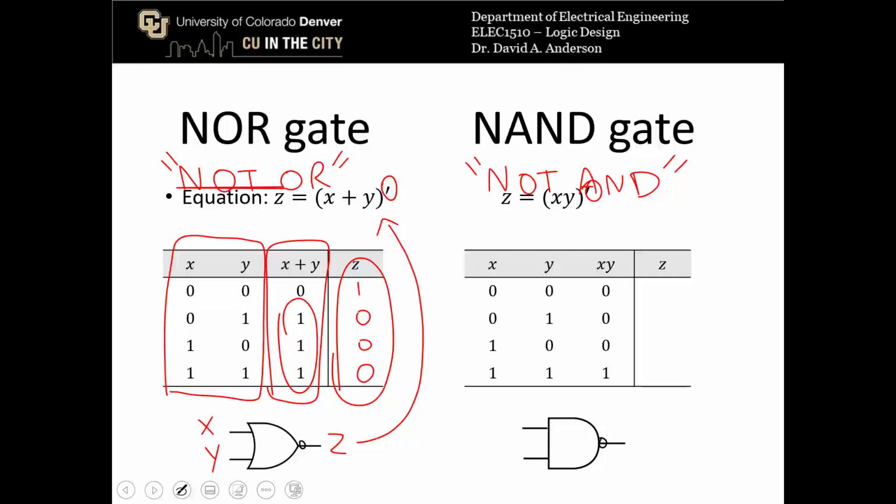The NAND gate looks like this and takes the complement of the AND function. So for input variables x and y with all possible states written there, the AND of those two variables, x, y, is only a 1 whenever both of the input variables are a 1. So then the complement of x, y, or z in this case, which z is (x, y) prime, is going